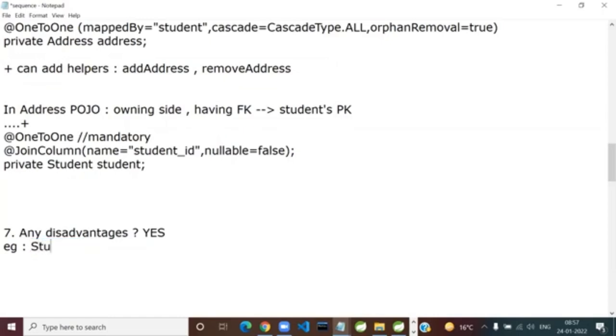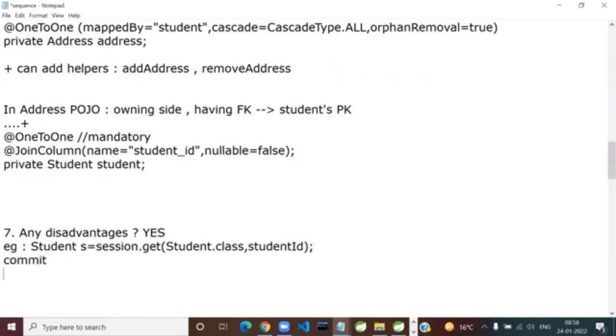Suppose I say Student s in whatever DAO layer. Imagine getCurrentSession, transaction, everything is done. So here if I say session.get, and what we have is Student.class and the student ID, some student ID. And here the commit and all that.